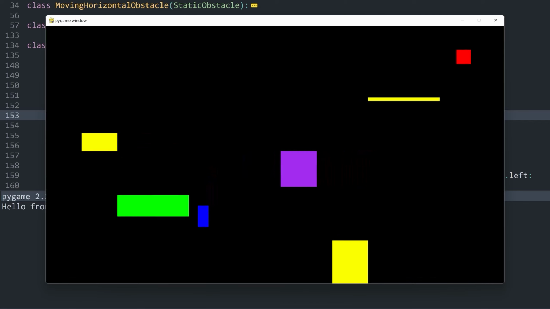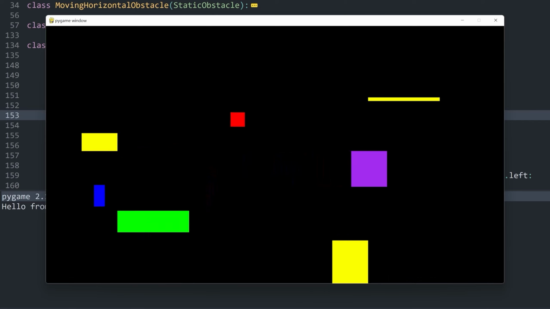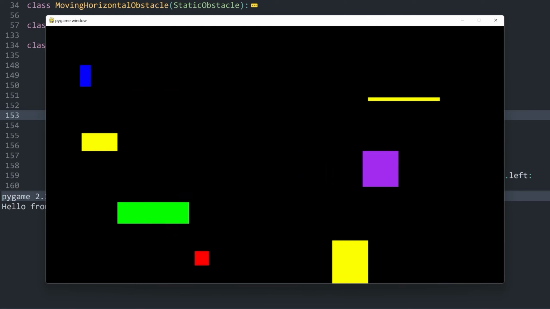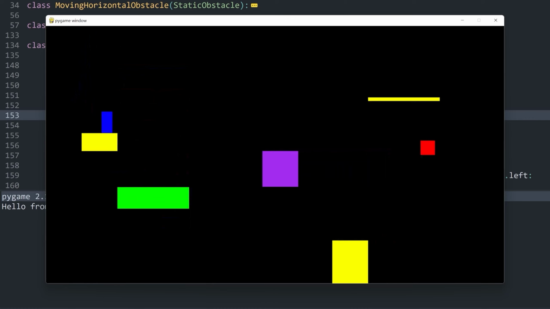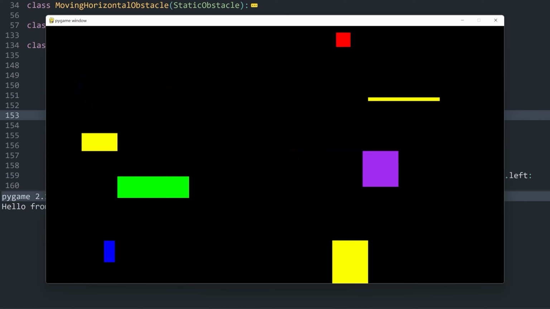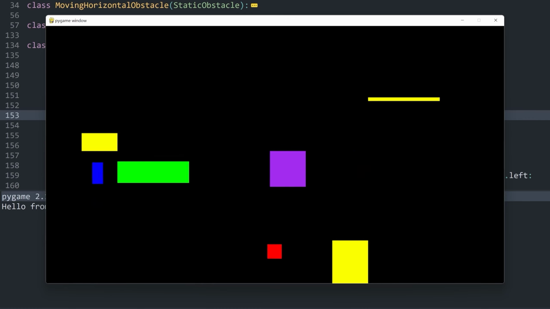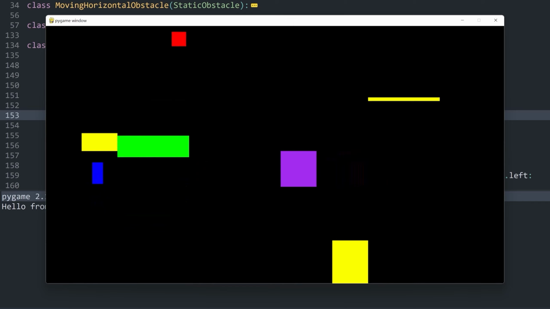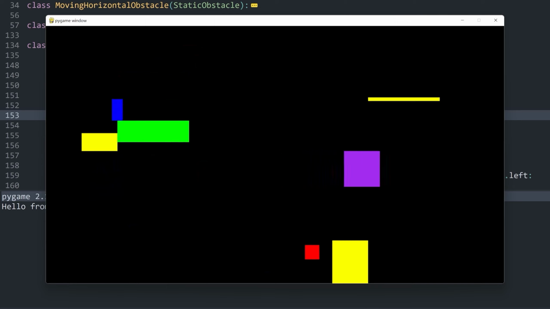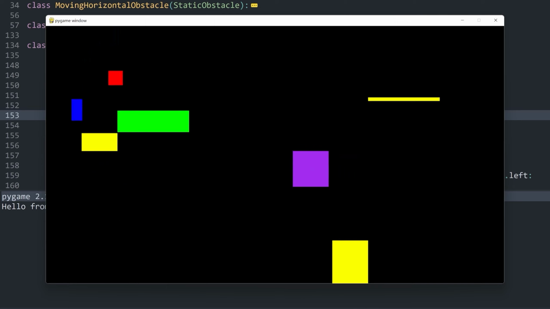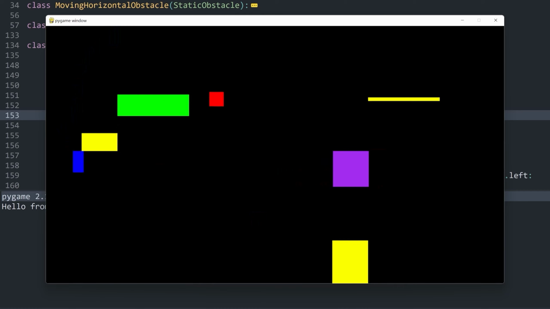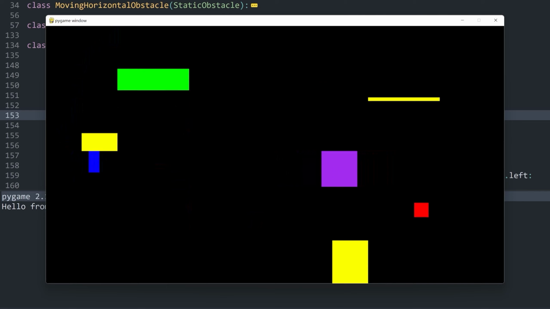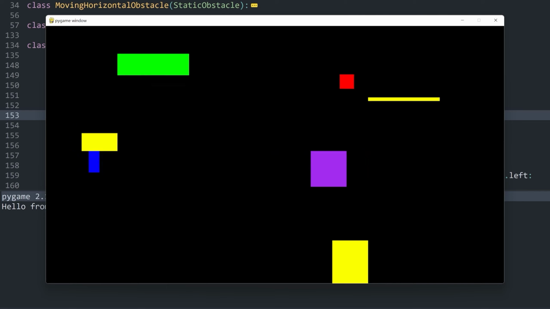Let's say I'm going to move my player exactly in this position here. Now you can see that we get kind of a bug where the player is pushed through the yellow rectangle. The reason for that is that this green rectangle is just pushing the player, and that is overwriting this collision here. And the other problem we have is if our ball is colliding with any of the moving